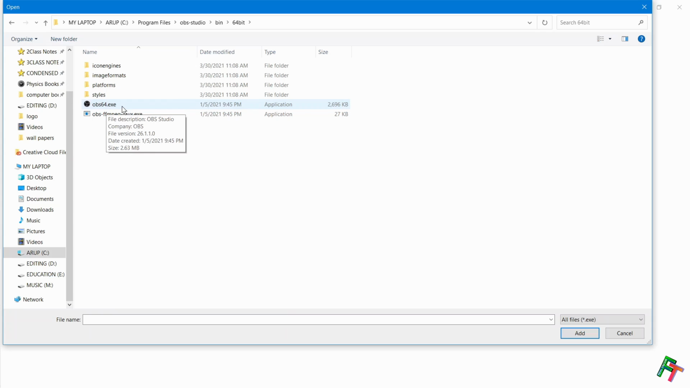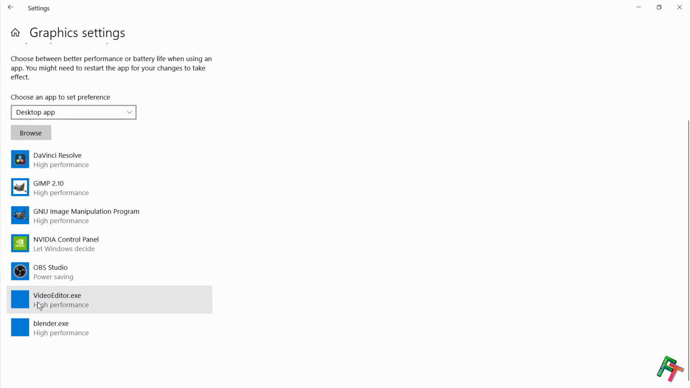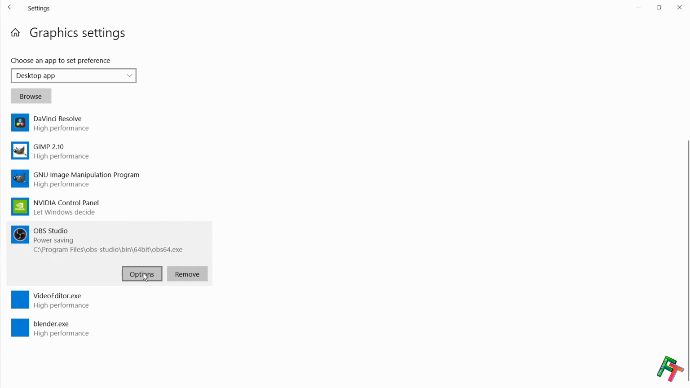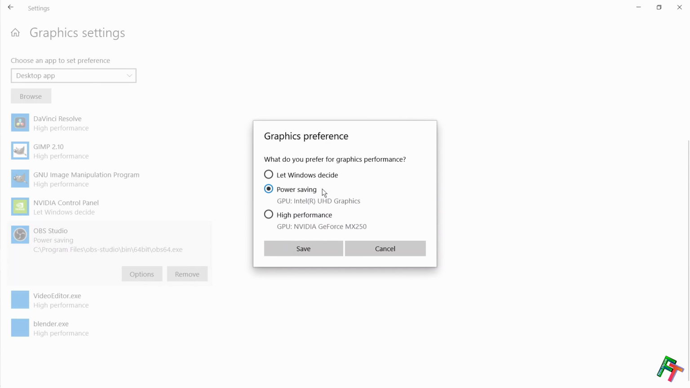This is the OBS 64 .exe software. Just click it and then add it. This will add this software to there, and you can see this is the OBS Studio. Now what to do is just click at the options button, and then you can see that for your